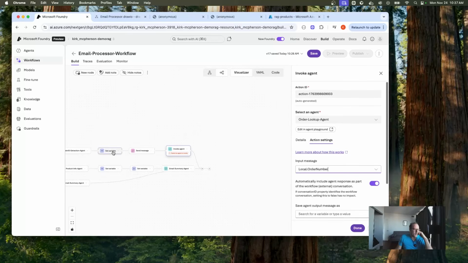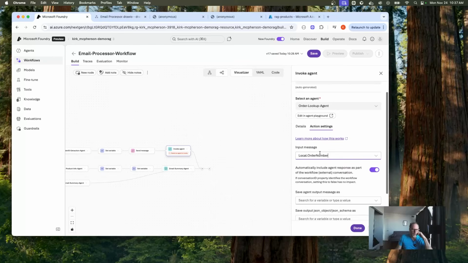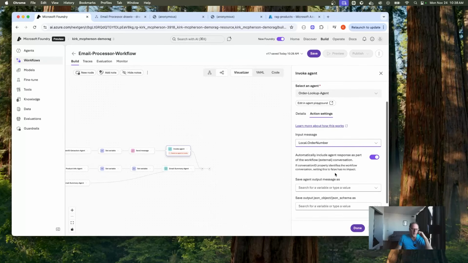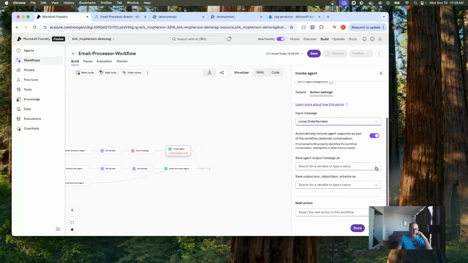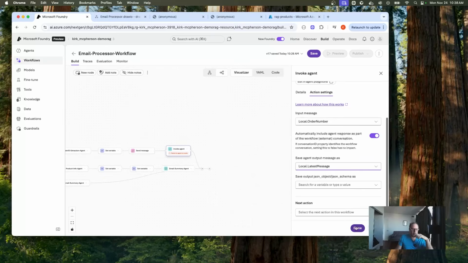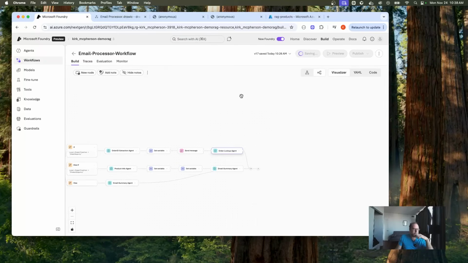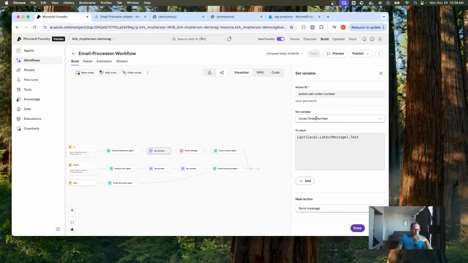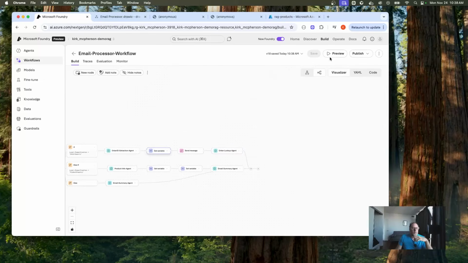So if I click on done here, I'll show you that. Order number comes in and it looks it up. And then let's save it again to our latest message here. So let's do done and save. So I just want to show you that. This is the order number, remember that? And that's what we're outputting here. Gonna look it up. Let's run this